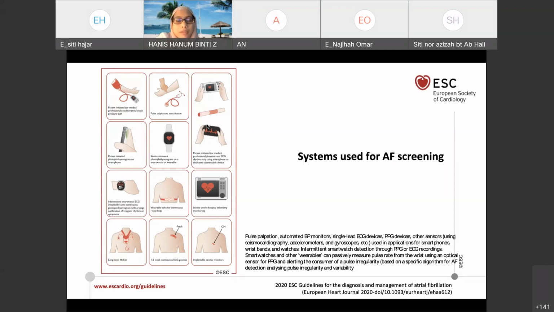The trolley that we use in the supermarket, at Tesco, we use the trolley, right. So there they put a sensor that could detect patients' heart rate and their ECG. So that sensor is connected to a computer, and whenever there is an abnormality in the heart rate or the rhythm, it will be prompted to the investigator to show that this patient might have AF. So that's how aggressive people are overseas